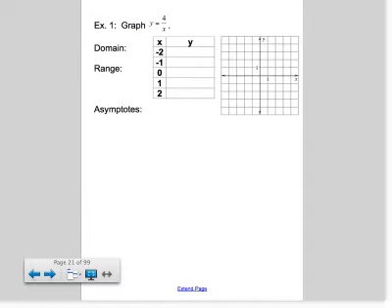Alright, so graph y equals 4 over x. Notice we don't go left, right, up, or down, or anything like that. This 4 is going to do the same thing to this graph that a would do to any other graph, and that is it's going to stretch it. But the domain is still going to be x not equal to 0, and your range is still y cannot equal 0. Your asymptotes will be x equals 0 and y equals 0. So in other words, before I even graph this, I know immediately that my graph will get infinitely close to but never touch